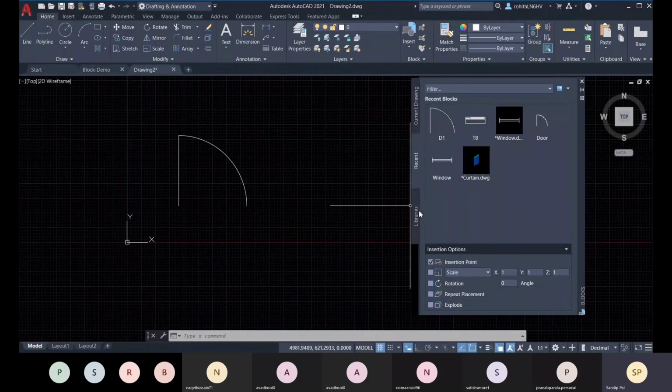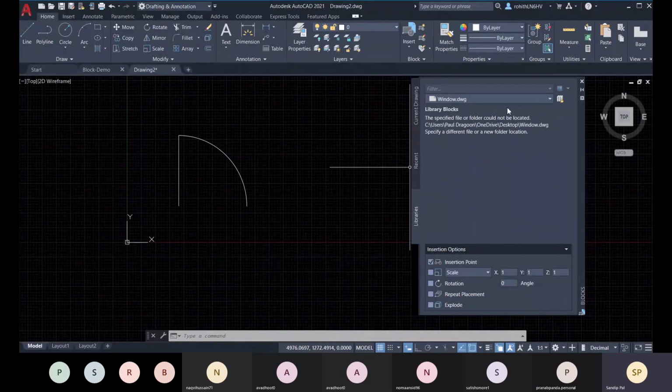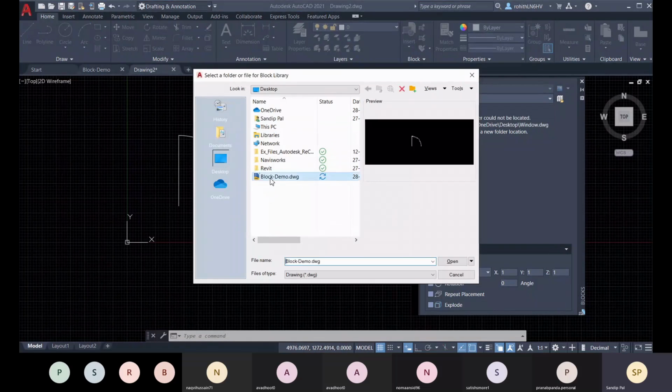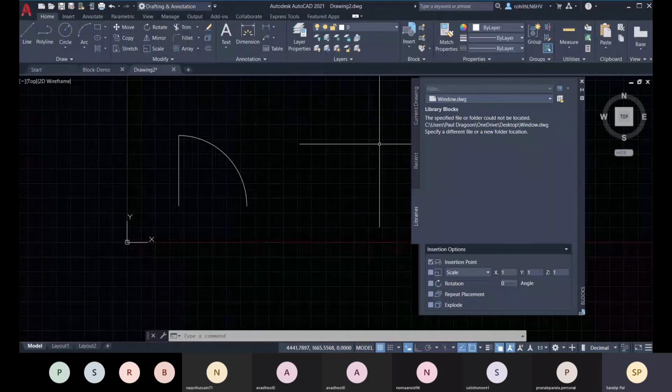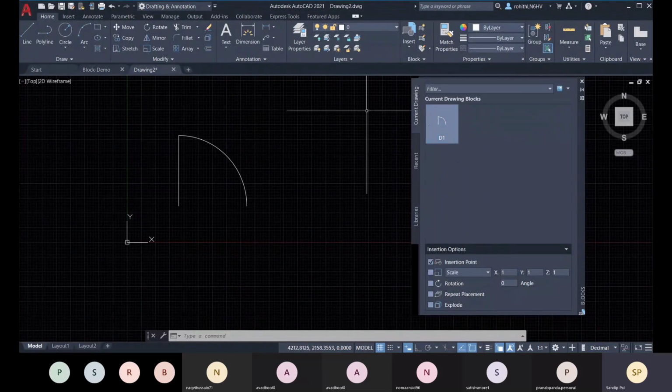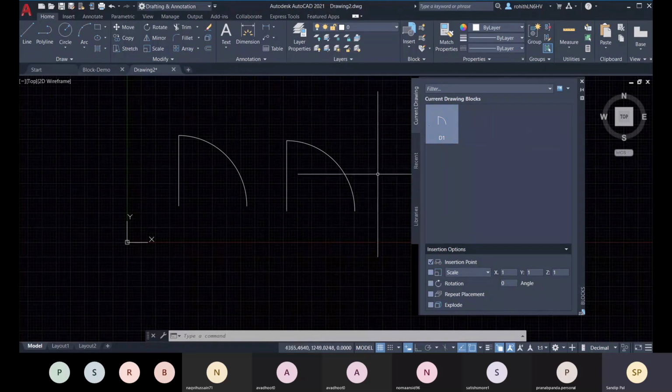From that you can choose, and you can go for libraries and search for your block libraries there, or from any file like block demo, and from this file you can access that block. So this is the option, and let's go for this current drawing, click on it, drag it and place it on your drawing.